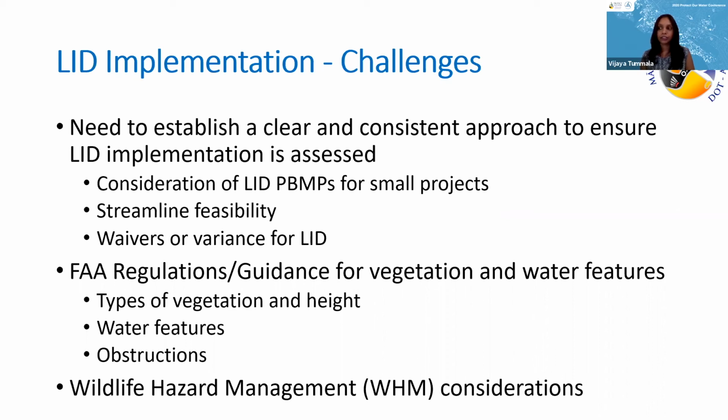One of the key things that we want to really look at during these updates is the FAA regulations that regulate vegetation and water features. Basically, FAA has regulations and guidelines that limit and or prohibit certain types of vegetation, or limit the height of the vegetation, limit water ponding in certain areas, which are like on airfield and near airfield areas, and then they have limitations on obstructions that are on airfield and near airfield areas. So we want to take all of these criteria right now and streamline the process, so then when we do develop the new guidance manual, it will have all of these